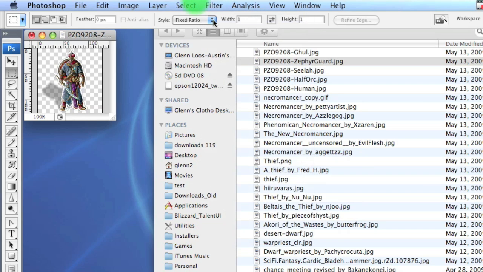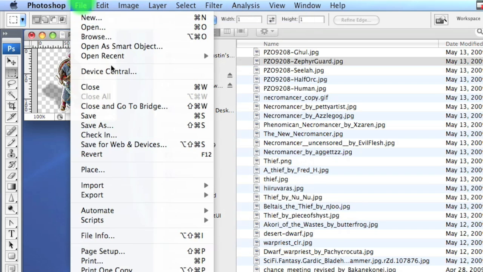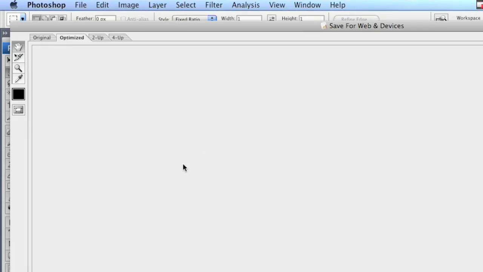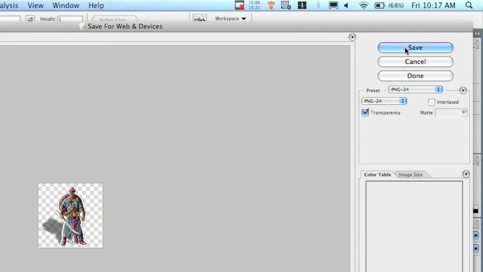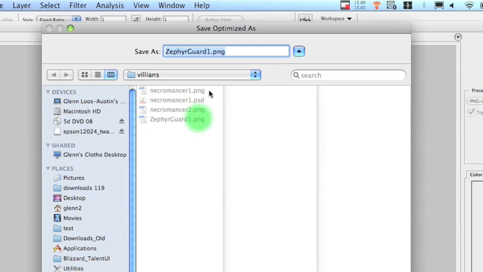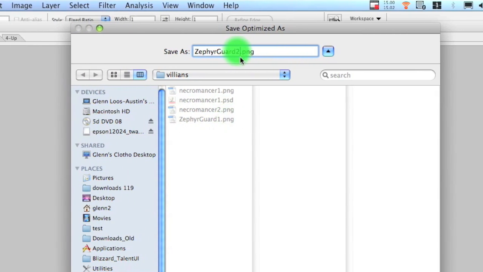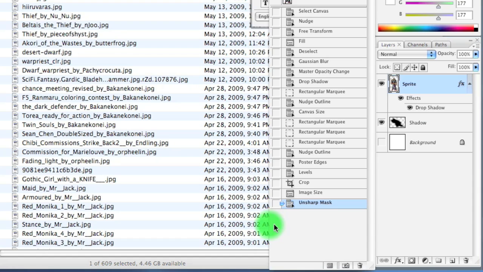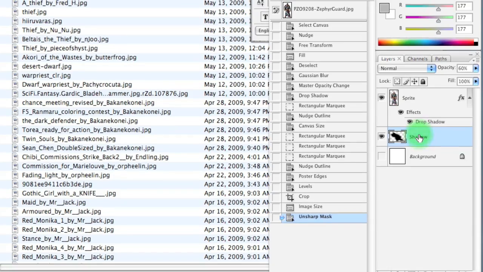Filter, Unsharp Mask, it'll repeat the same one. File, Save for Web and Devices, and we're going to say Save, and we're going to save that in the same place, except that we will call it FRCard2. Save. And then sometimes when I'm doing this, I like to have the image be marked as being that of